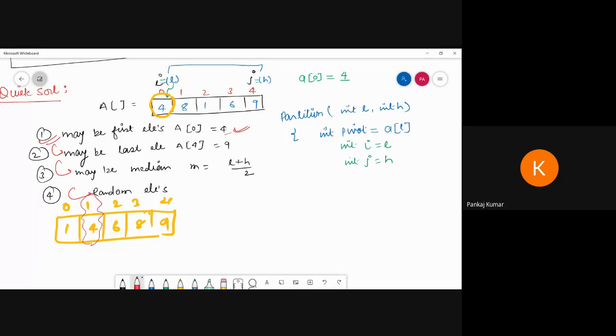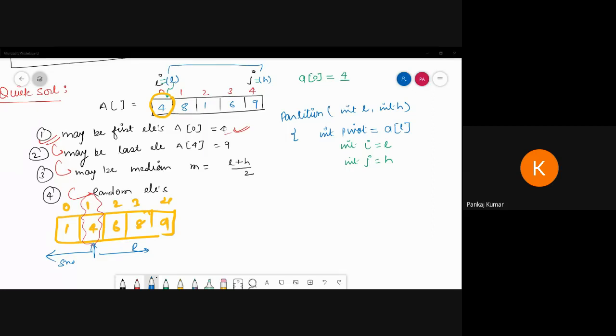तो इसीलिए हमारा पर्पस होता है कि हम एक एक एलिमेंट्स को, that is the partition algorithm, pick one element among the array and place it in the correct position. सो हमारा 4 को एक पोजीशन में पहुंचाना है. आप यहाँ पे देखो, when I can place the 4, from the left hand side all the elements are smaller and from the right hand side all the elements are higher. So that is the purpose of the pivot element. If I can choose the pivot element and place it into the right place, from the left hand side lesser than or equal to pivot element, and from the right hand side always greater than pivot element. Is it clear?